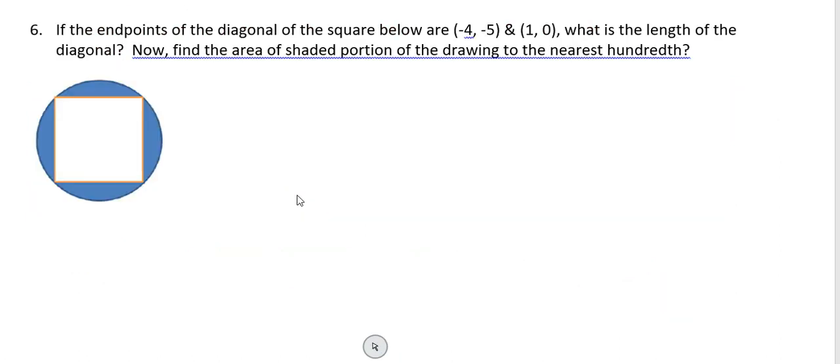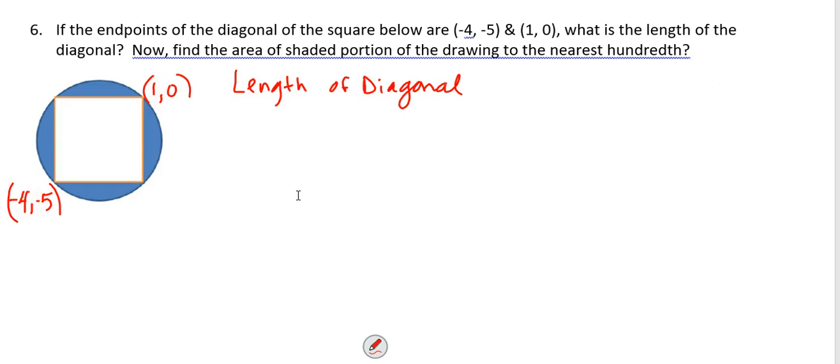So with number 6, it says, if the endpoints of the diagonal of the square below are negative 4, negative 5, and 1, 0, what is the length of the diagonal? Well, I'm just going to put these on here where I think they would be, negative 4, negative 5, and then up here 1, 0. So it's asking us what is the length of the diagonal. Well, obviously we're going to use the distance formula to find that. So the length of the diagonal